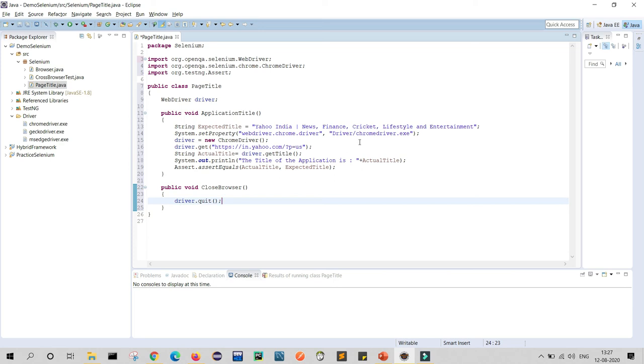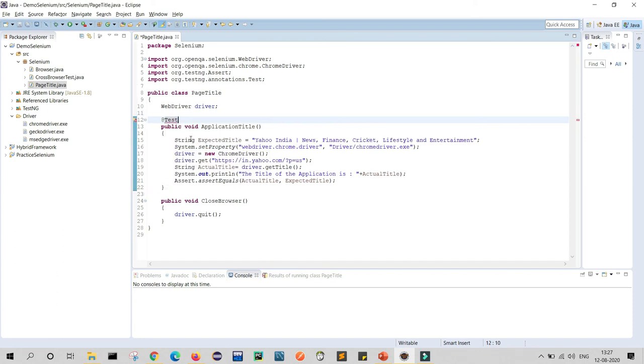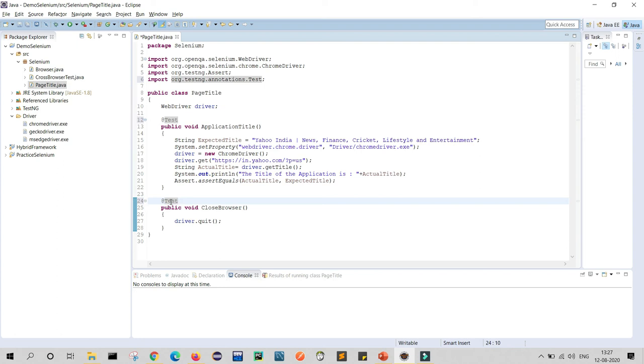Now what will we do? We will run this. Before running, we will use the test method to show me the proper output result. So we will write the Test annotation, importing it using TestNG, which we are executing. Similarly, here I am using Test also, and we can give priorities for which test runs first.